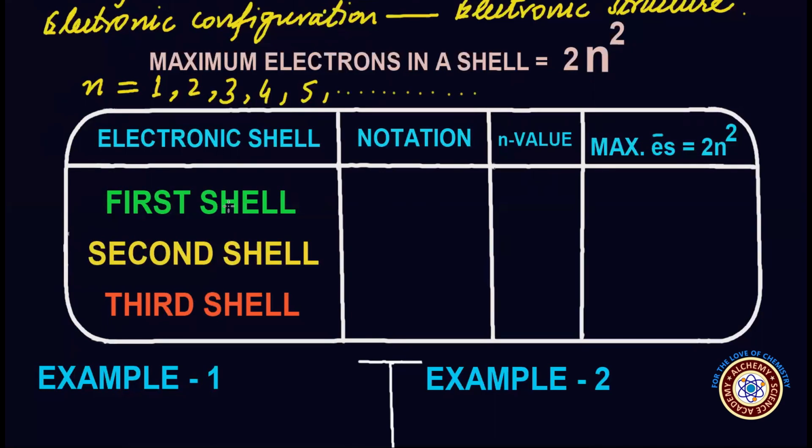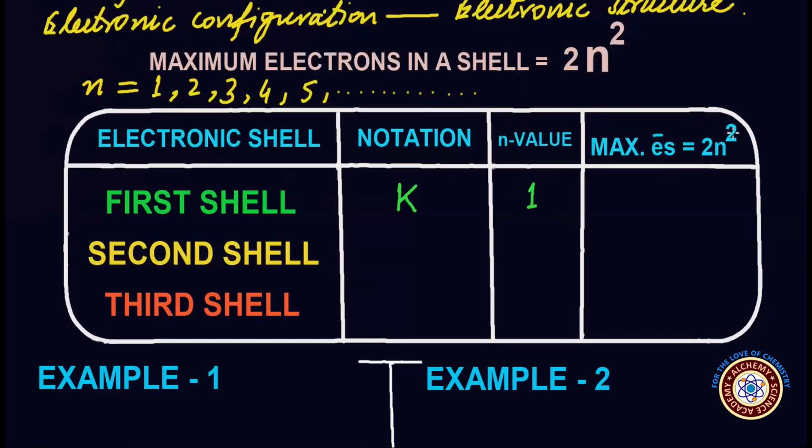The first shell of an atom is denoted by capital K, also called the K shell, and for this K shell the n value is 1 because it is the first shell of the atom, and it lies closest to the nucleus. It lies just outside of the nucleus of the atom, and it can accommodate only 2 electrons at maximum. The maximum number of electrons which a shell can accommodate can be calculated by putting the value of n in